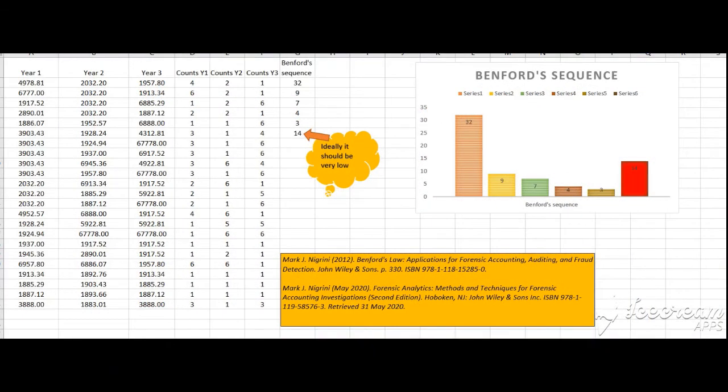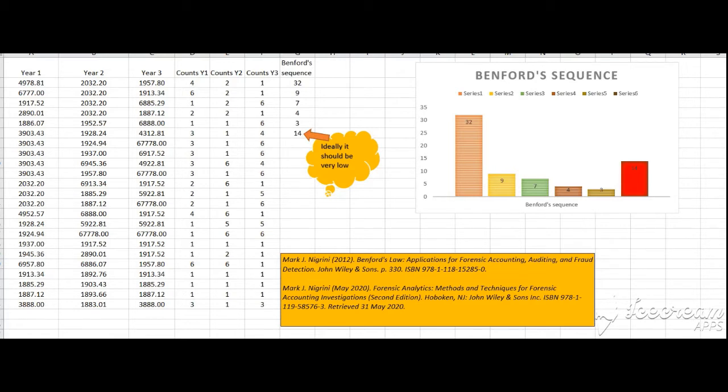Good evening, friends. This class is all about Benford's sequence in forensic finance. Very interesting topic. Forensic finance is often linked with auditing, data crunching, and all those things. But we often forget that there is a fundamental law of physics which works in forensic finance. The law was invented by a physicist who died in 1948, Benford himself.